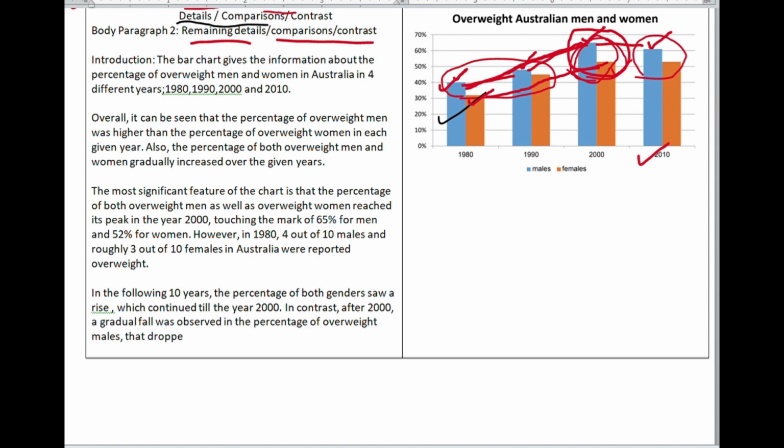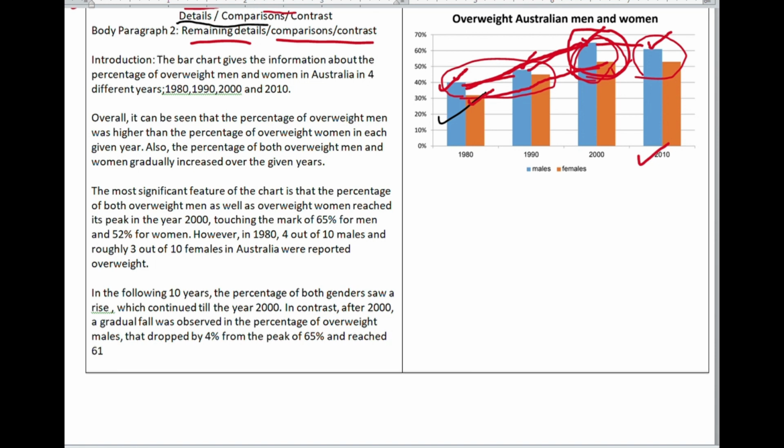That dropped by 4% from the peak of 65% and reached 61% in 2010,